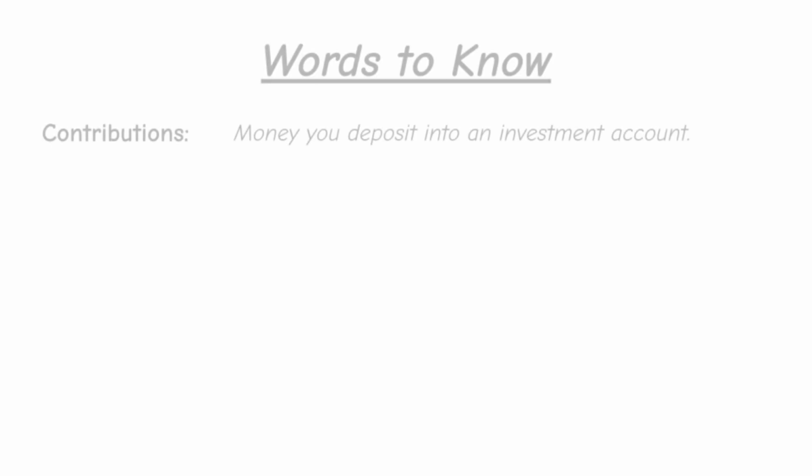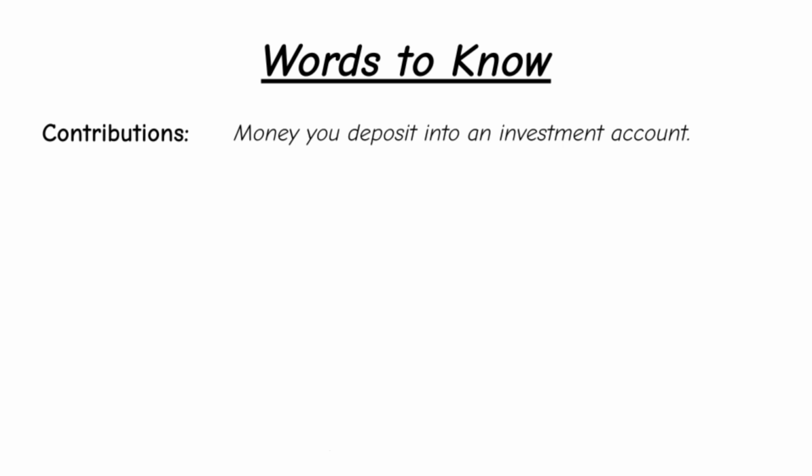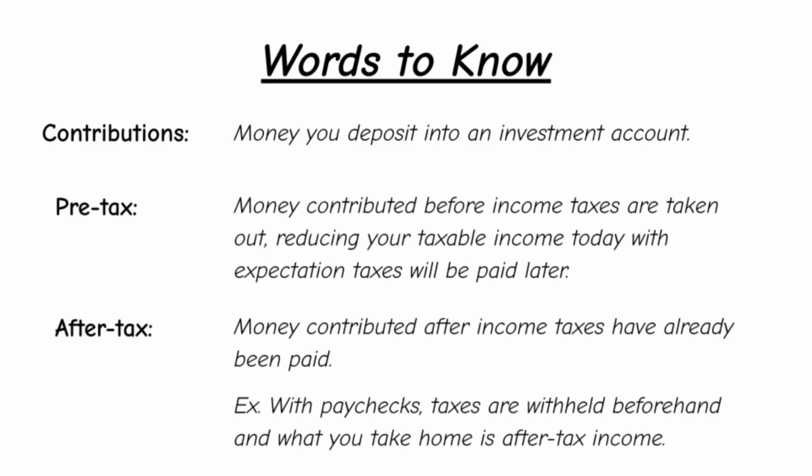Before we dive into the different types, let's go over some vocabulary words to really get these points across. Contributions are just what you might think. They're regular payments you make into a retirement account. In the context of contributions, there's pre-tax and after-tax. Pre-tax just means money that you've contributed into your retirement account before you've paid income tax on it. After-tax is the opposite, meaning income tax has already been removed and this is your hard-earned cash being placed